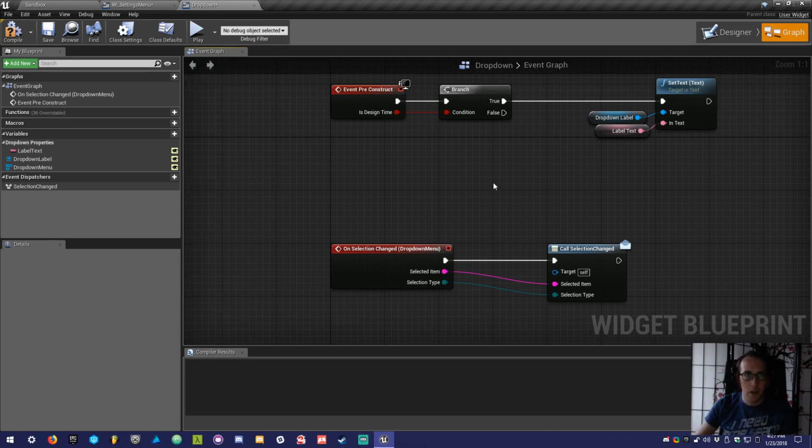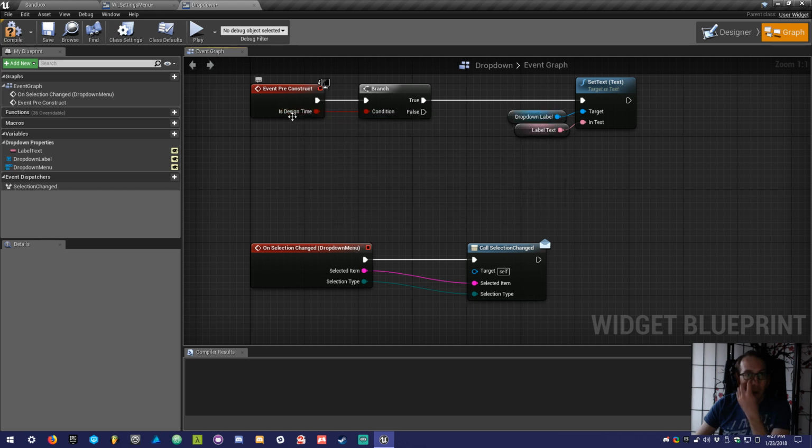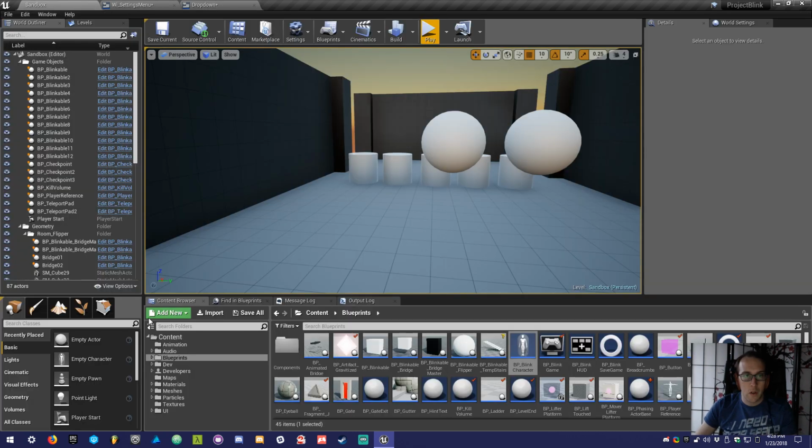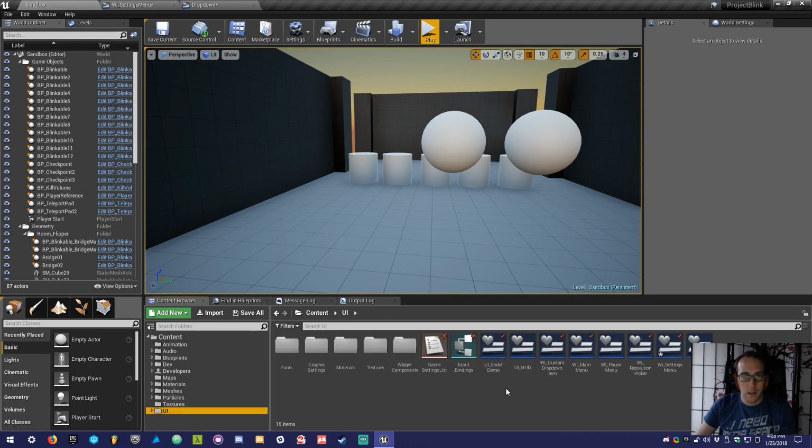I think I might need to just do like a, well, maybe what I could do is still have a generic dropdown, but then go and make another component that's like,